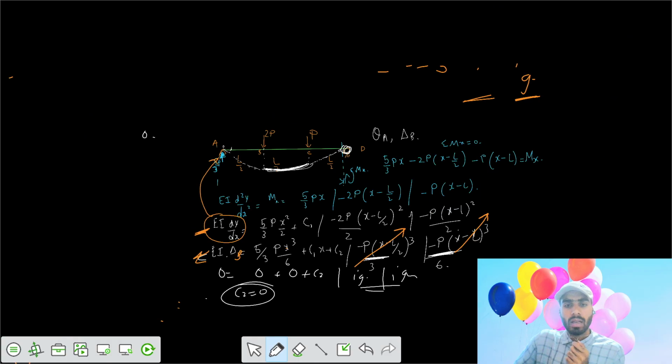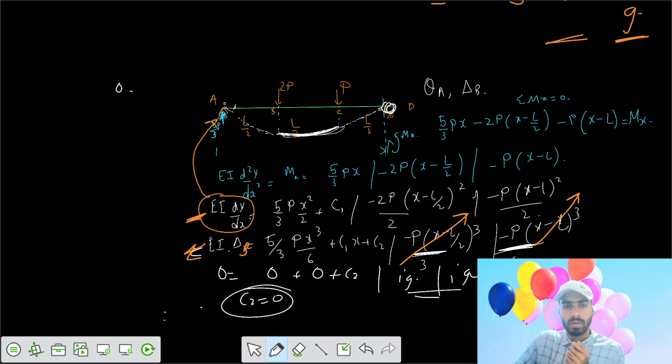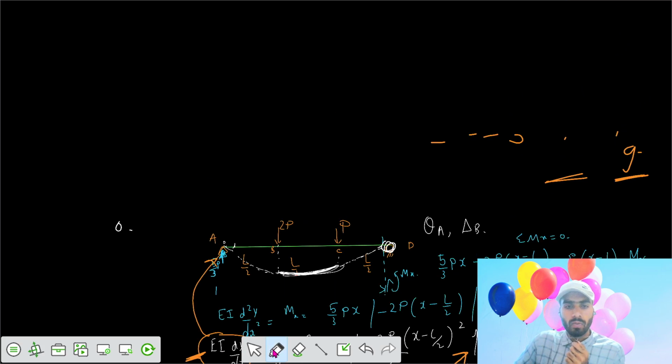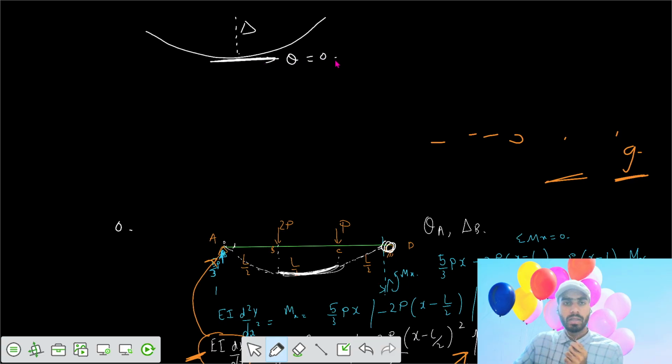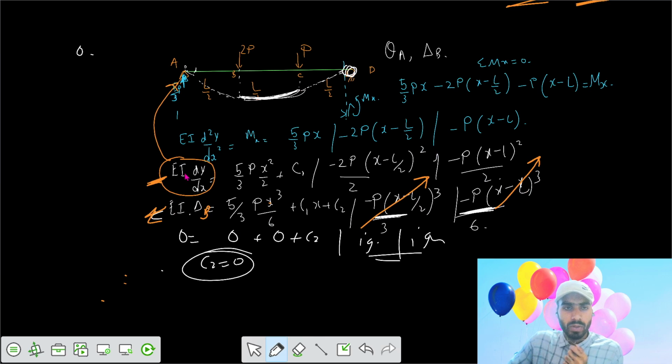If you want to say for the span BC, what should be the value of x for which delta is maximum. One condition is that in any curve, where the sagging is more, that's where the delta is maximum. At that point, if you draw a tangent, your theta is 0. It's the condition that if delta is maximum anywhere, at that point on the curve, theta is 0. So if we say that at any x, theta is 0, we substitute that for any value of x,